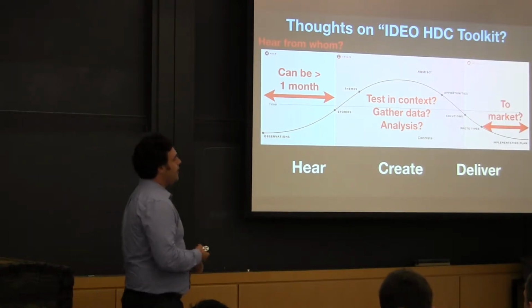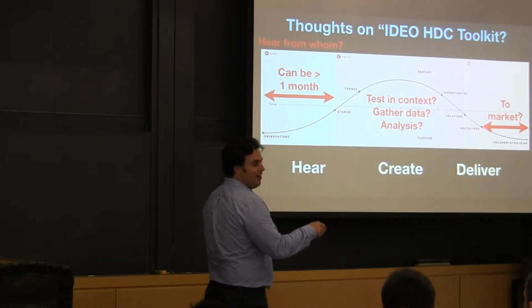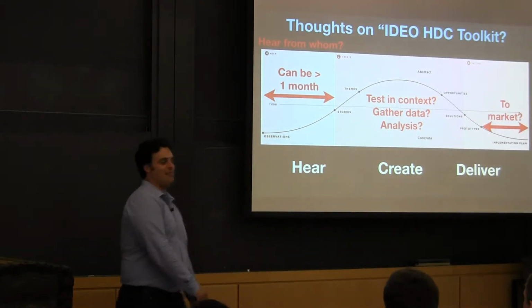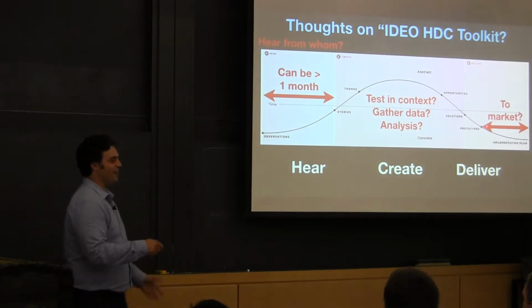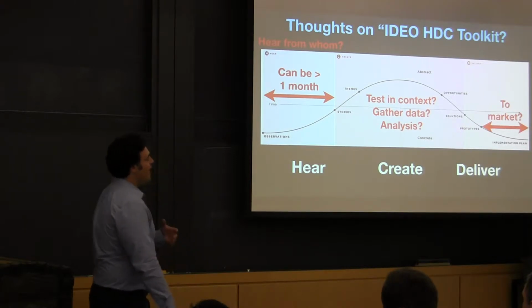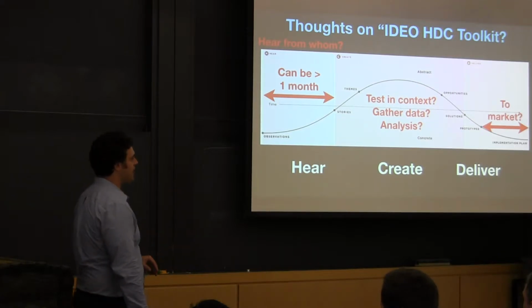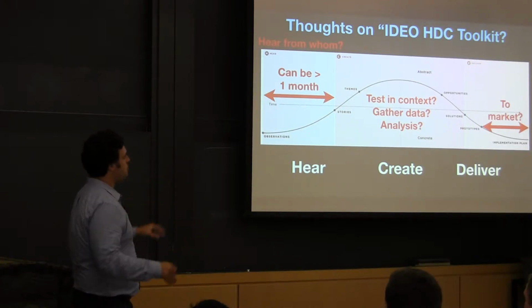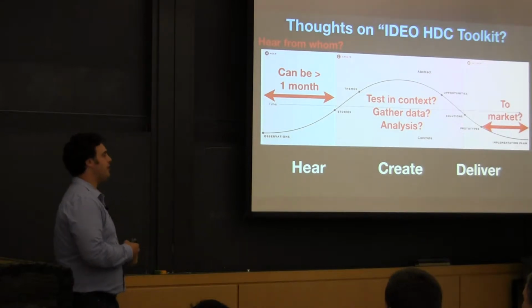And then deliver, the story literally ends at prototypes. Are you kidding? You're going to hear about our wheelchair on Monday, and that's a 7-year-old project right now. We had prototypes after a year, but they sucked, and it took a long time to get it to market. So I wanted you guys to read this because I think it has some really good user-centered lessons. And I think IDEO deserves a lot of credit for putting this in the public space and teaching people about it. But there's a lot more to it than what's said in this story, and you guys have to think about it.